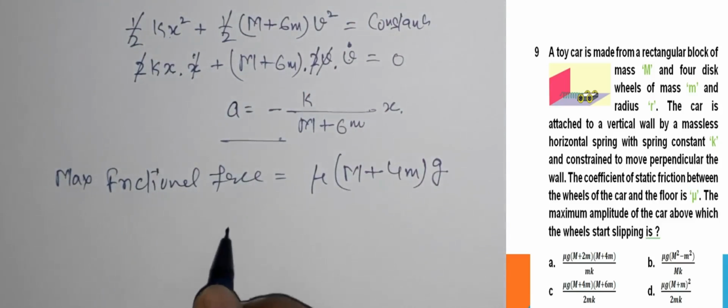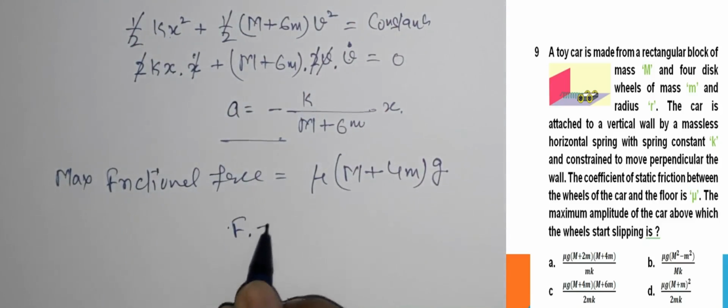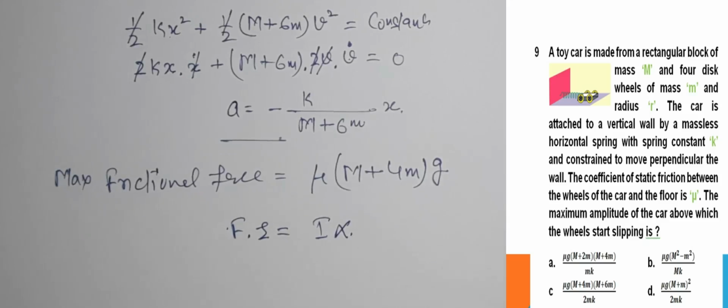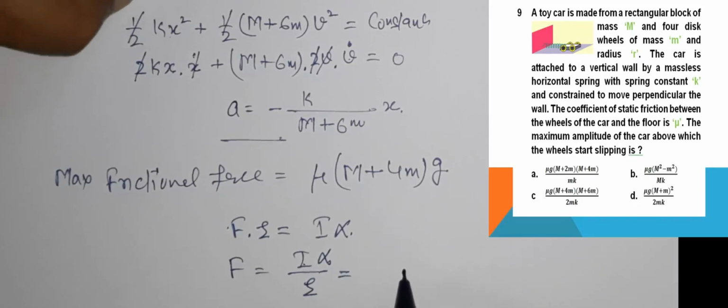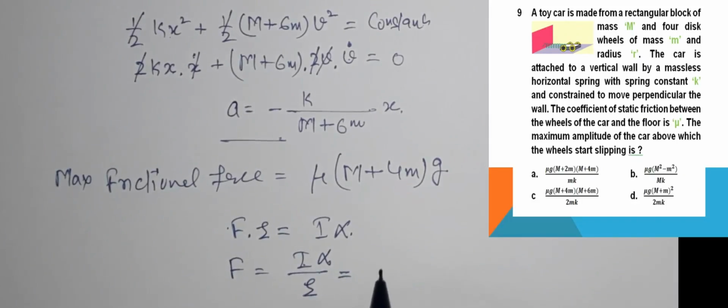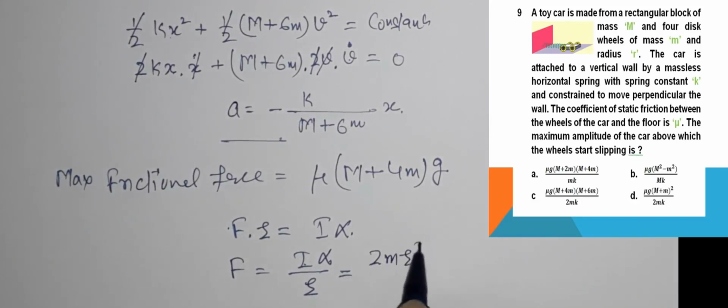Restoring torque is equal to F into R is equal to I into alpha. That is F equal to I alpha upon R. I is the moment of inertia of these, which will be equal to 2mr square for 4 wheels. Alpha upon R is equal to A upon R square,